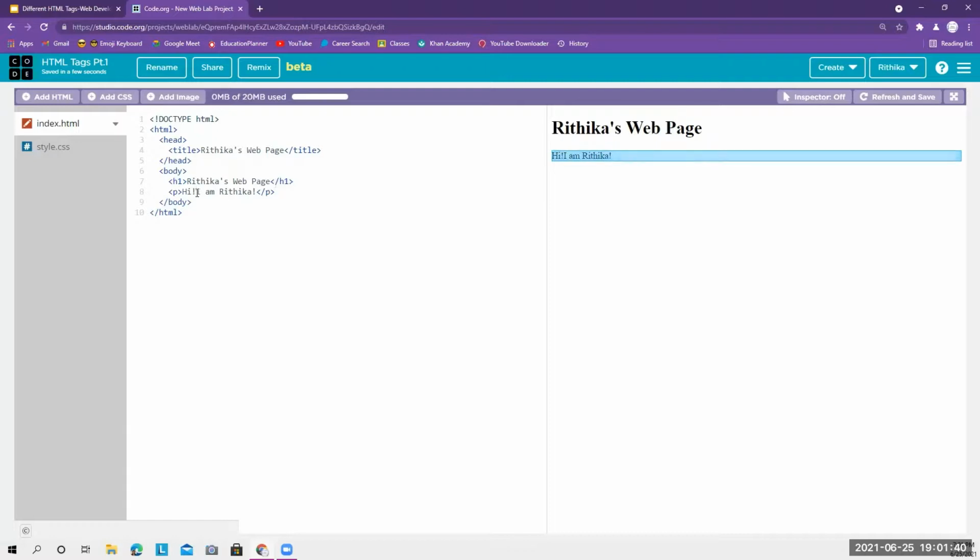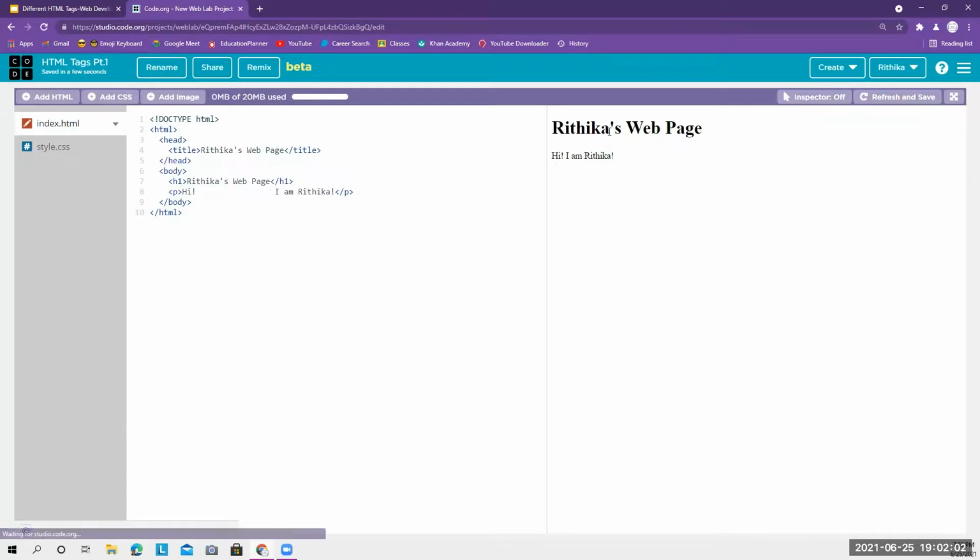Now I wanna show you guys what happens if I write it on a different line. Even though I put it on a different line, because this is 8, this is 9, it still shows up the exact same. It does have a little space, but that's it. And then I can also backspace and show you guys what happened if I have a big space. So if I save and refresh, it's still the same. It doesn't show this big gap. So HTML just ignores all of these things. So that is how you do paragraphs,